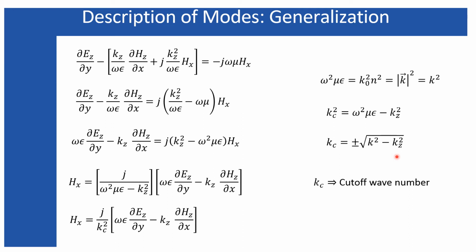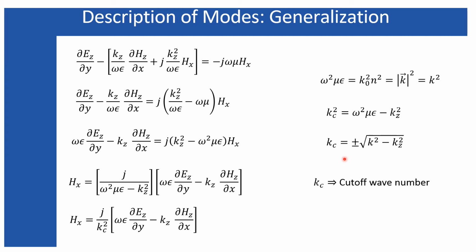Now imagine that the wave number of the incoming or incident wave is less than the maximum supported wave number of the medium, then the wave can propagate with a resultant wave number Kc. But if the incoming wave has a wave number greater than the maximum supported wave number of the particular medium, then this expression becomes imaginary. In that case, Kc will be imaginary, and the wave will decay exponentially within the medium, and that is called an evanescent wave, which cannot propagate through the medium.